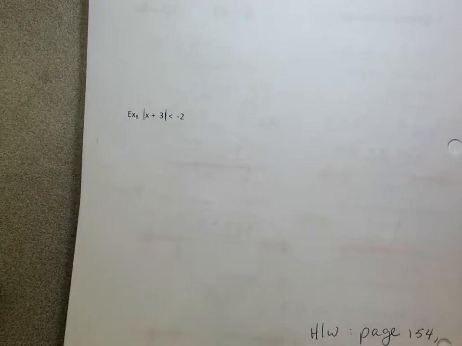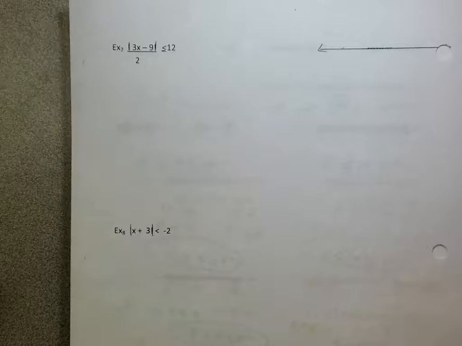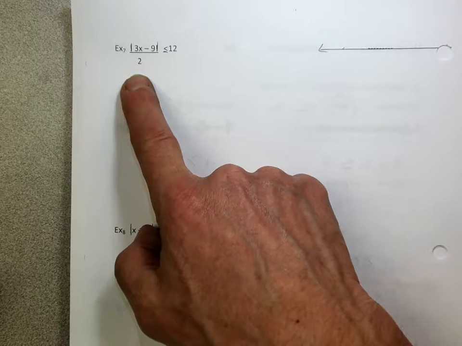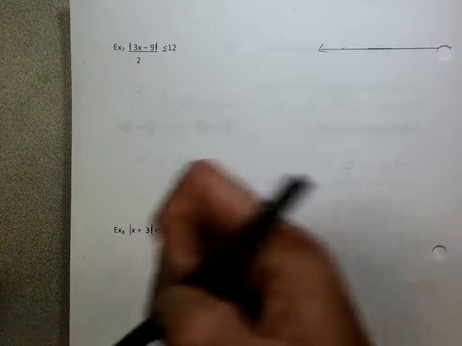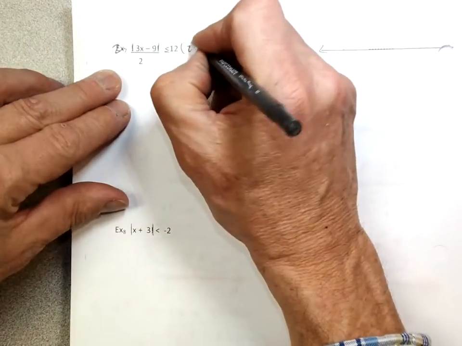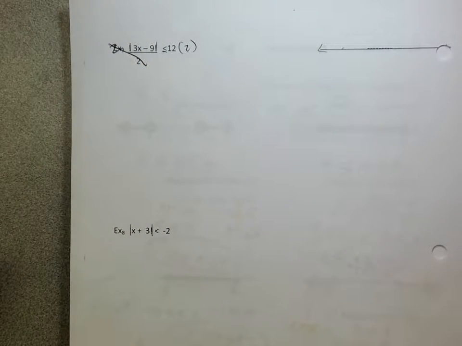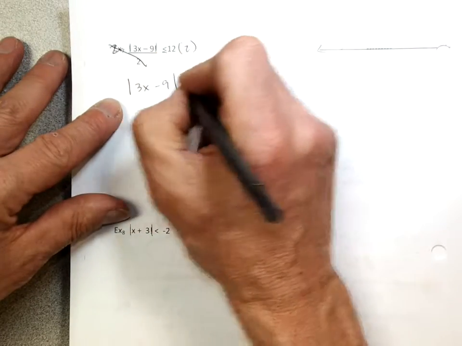All right. Okay, example 7 is just like what we've been doing. It's exactly what we've been doing, except for one small thing. Let's get rid of this 2 first. There you go, example 7. Same stuff, but let's get rid of this 2 first. The 2 is not inside the absolute value. How would you normally get rid of the 2? Just the opposite. Let's multiply by 2, both sides. Because if I multiply by 2, the 2's cancel, right? So all I've done is gotten rid of the 2. So I've got still the absolute value of 3x minus 9 is less than or